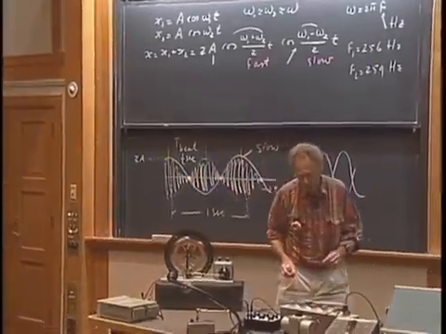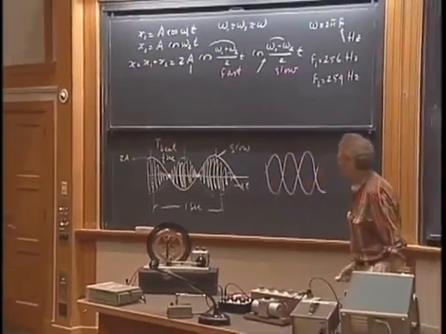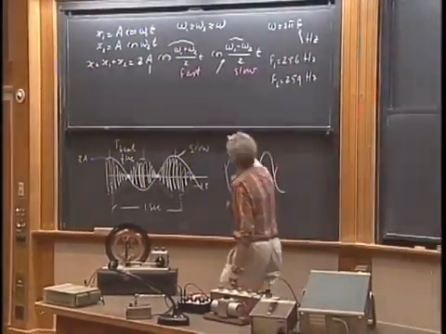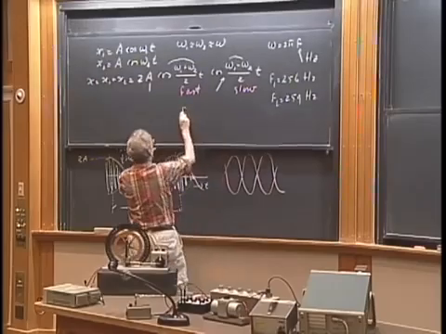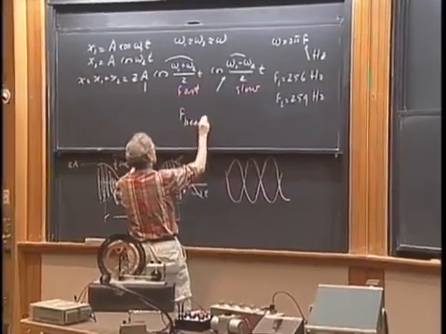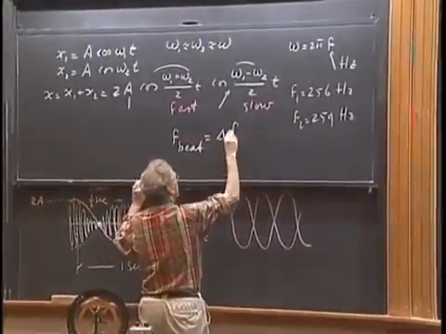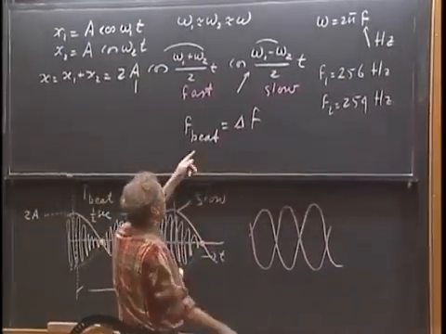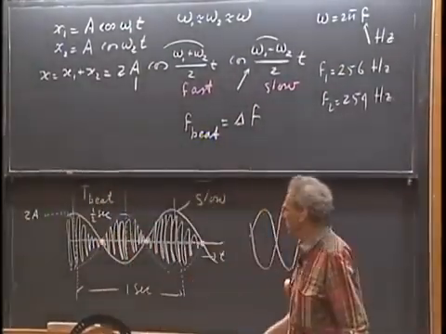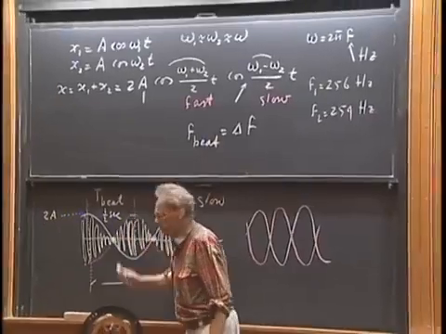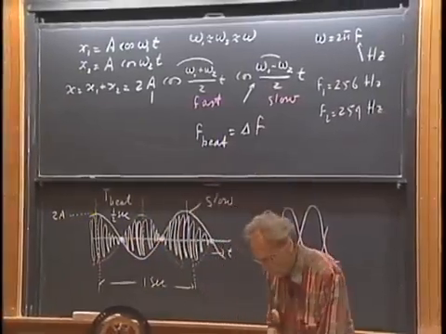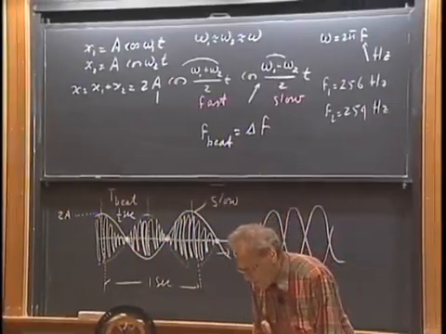And this is known in the literature as a beat phenomenon. And the frequency of the beat, so f beat, is then defined as delta f. In our case, 2 hertz. Indeed, you see that the beat period is half a second. A very nice way